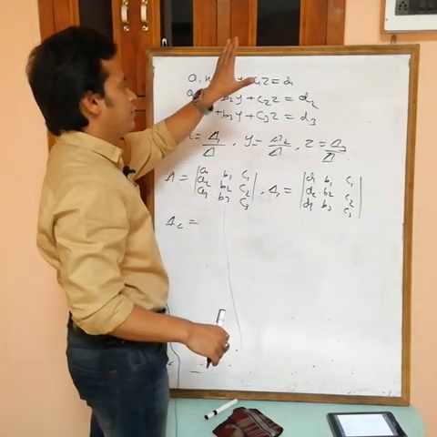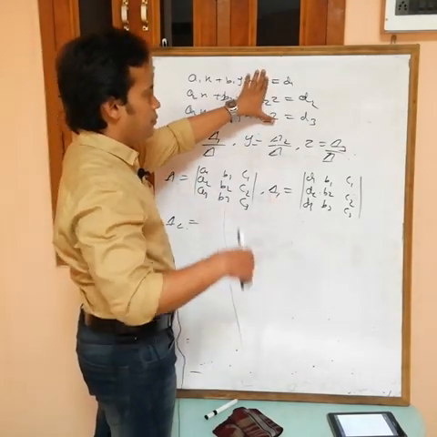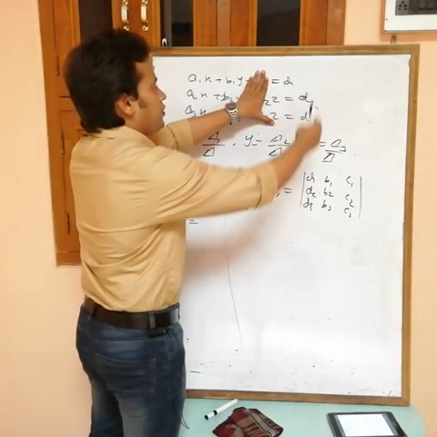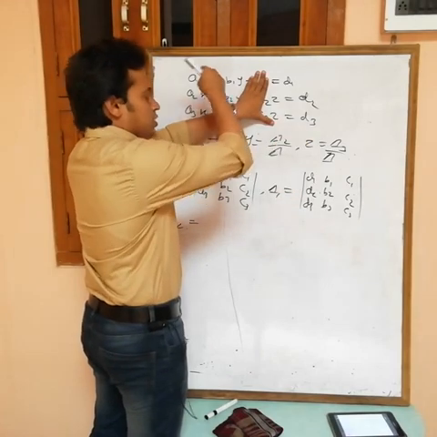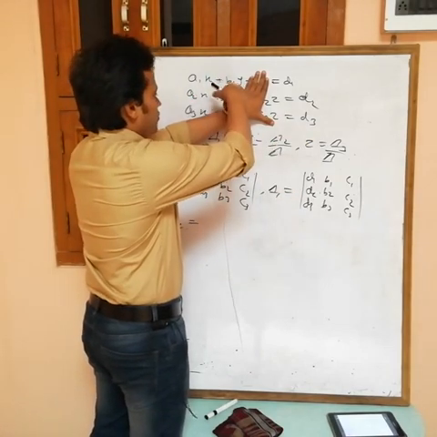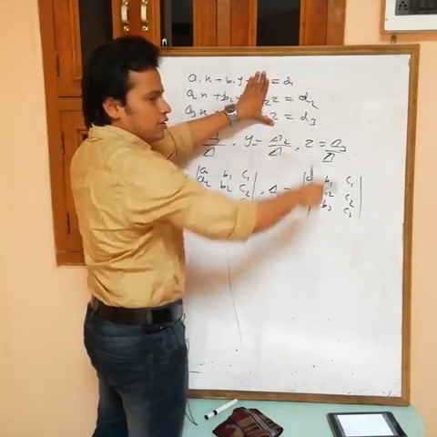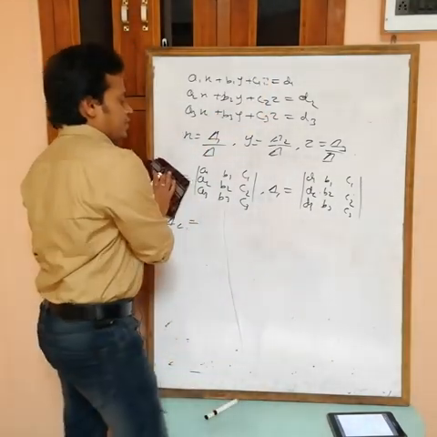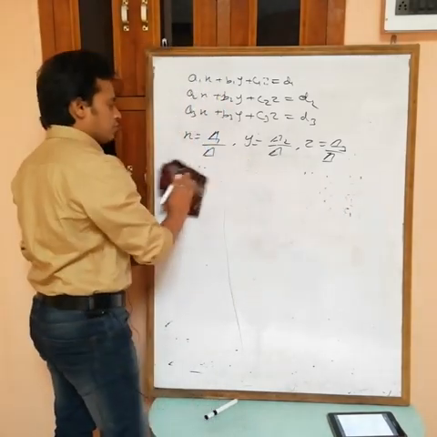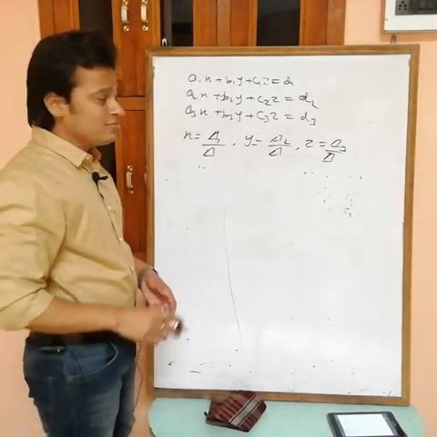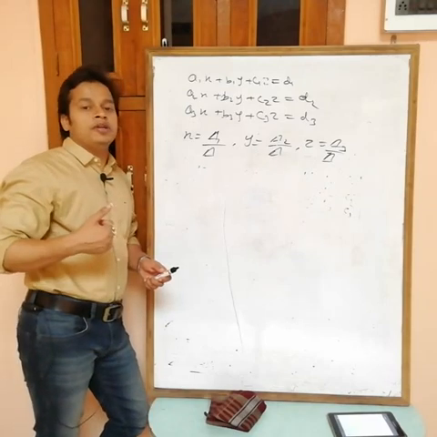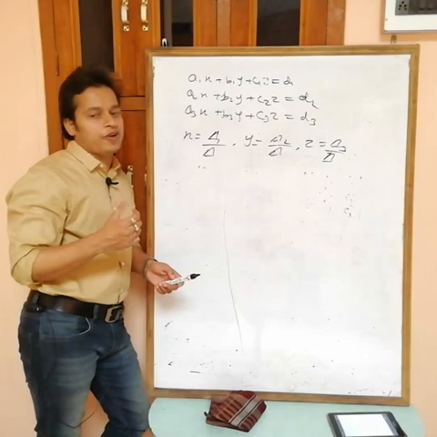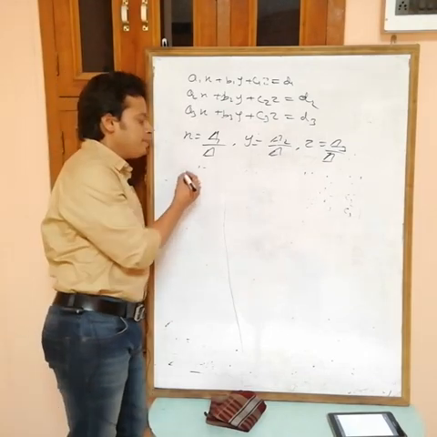Similarly, you will get del 3 when you put the values d1, d2, d3 at the place of the coefficients of z. It means the determinant a1, a2, a3, b1, b2, b3, then at the place of this one d1, d2, d3, and you will get del 3. So you can easily find del 1, del 2, del 3. This is the solution. After that, how to identify whether the system of equations has one solution, no solution or infinite solution? That is simple.